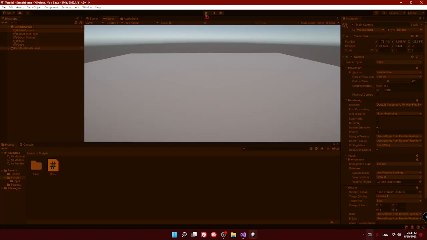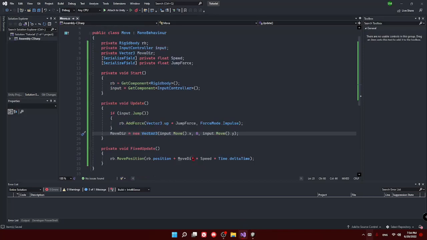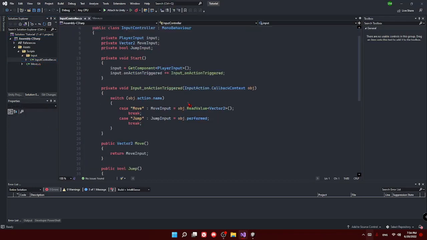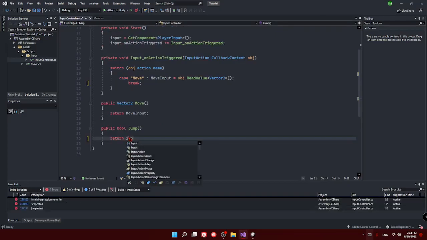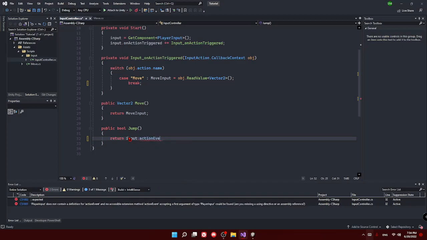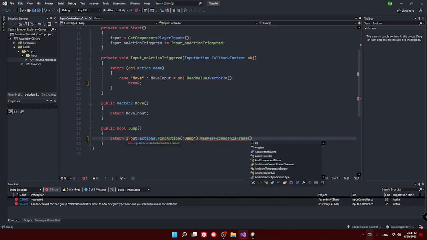So we can simply fix this by going back to our code, input controller, we remove this, and instead we add input with actions, not action point, not find action, jump, it was perform this frame.